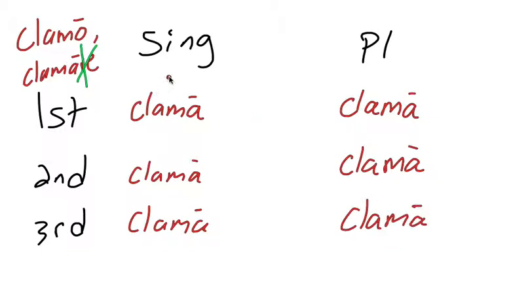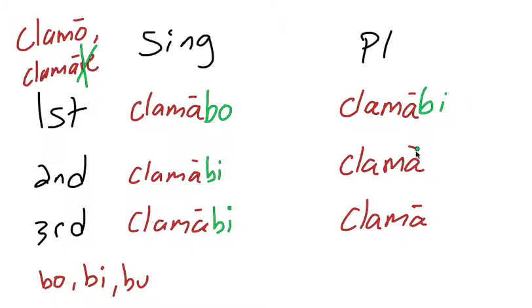Okay, and now I'm going to add the tense signs, which are BO, BI, BU. Okay, so first we'll start with BO for first person, singular, and then it goes to BI, and then it's BI all the way through the rest of the chart until we get to third plural, then it's BU. So think of the BO and the BU making a sandwich with the BI in between. Okay, and then we're going to add our endings. We already have our O for first person singular. Okay, then S, T, MUS,